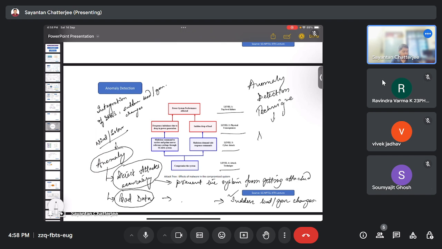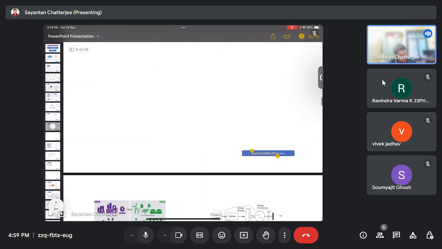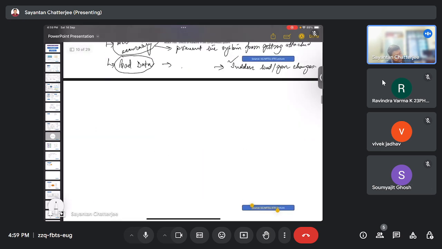Techniques should be properly designed. So that's the major aim, and that can definitely help in power system attack defense. There are some approaches that we have already seen, but I will just